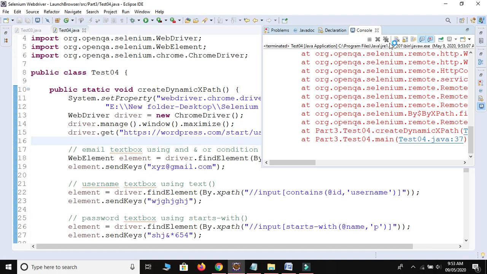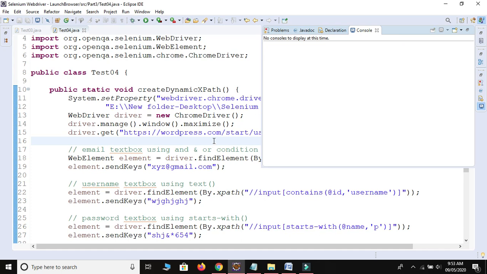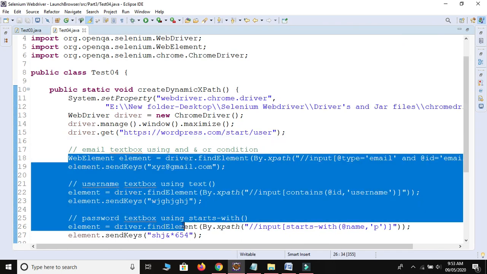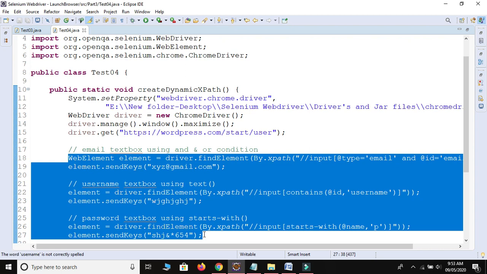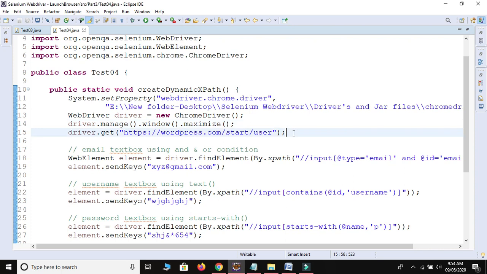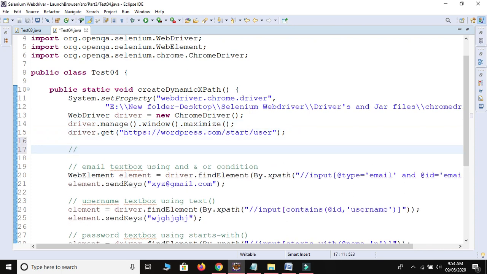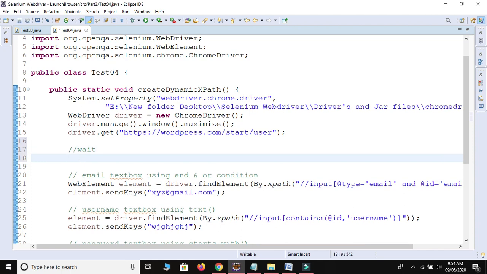So we need to provide some wait here, because our script is gone fast as compared to the loading of the web page. The web page will take some time to load completely, but our script does not wait because we didn't provide any wait inside the script. So after launching the web page, we use some wait. There are two types of wait in Selenium, guys: static wait and dynamic wait. In my upcoming video I will cover both the waits, but in this video I will use only